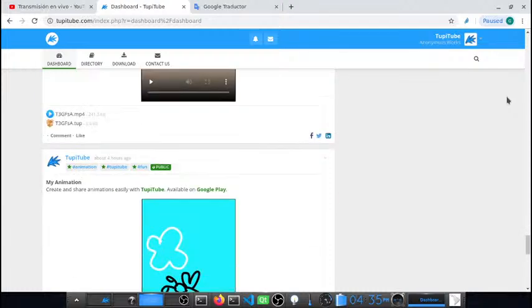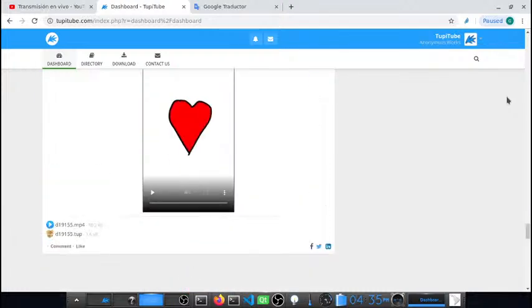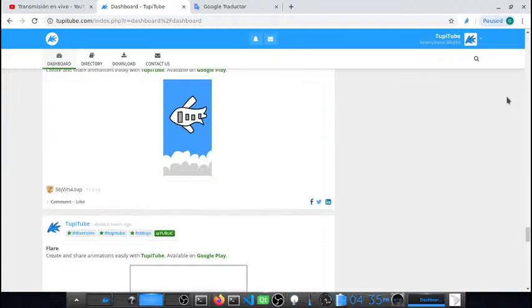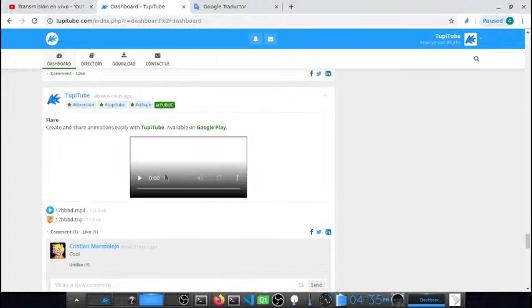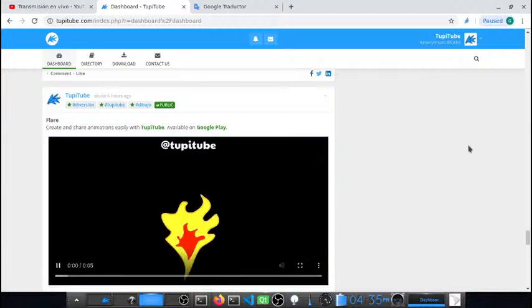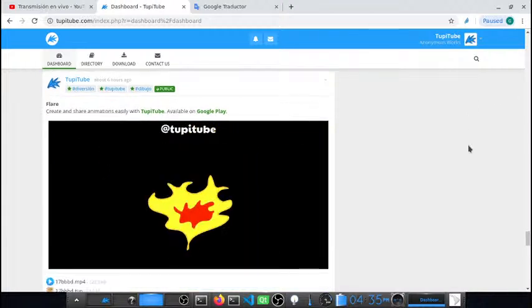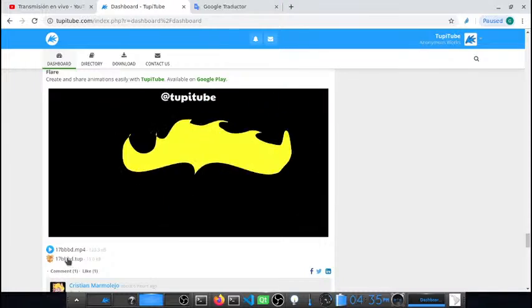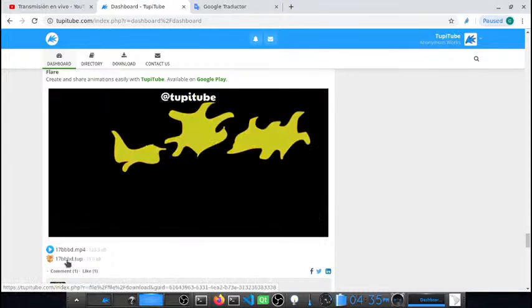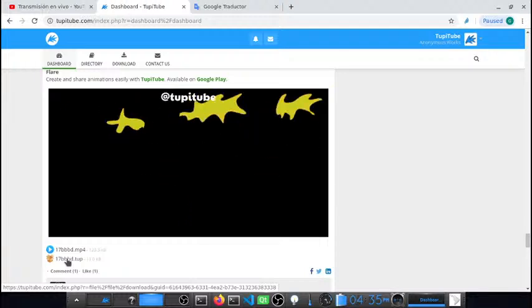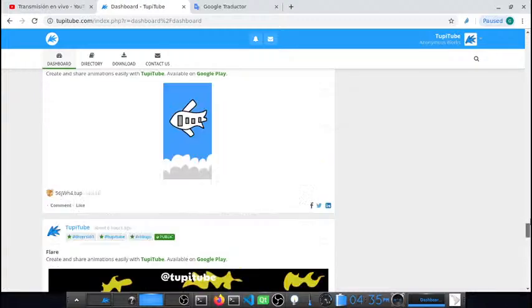Let me see if I can easily find the exercise we made this morning, maybe. Oh yes, there it is. This is the flare we did this morning. So what is important of the platform? That you always have access right here in the bottom of the player. You will have access to the source file of any animation. In my profile as Gustav,